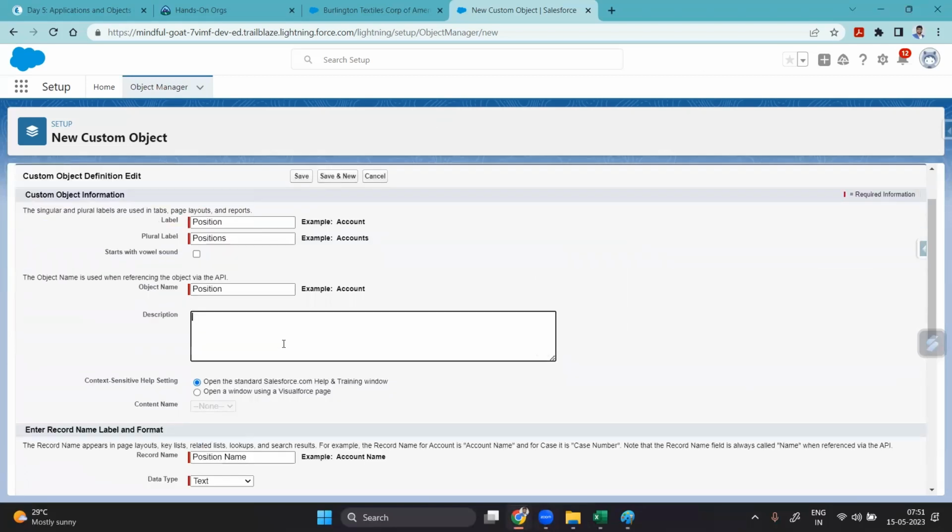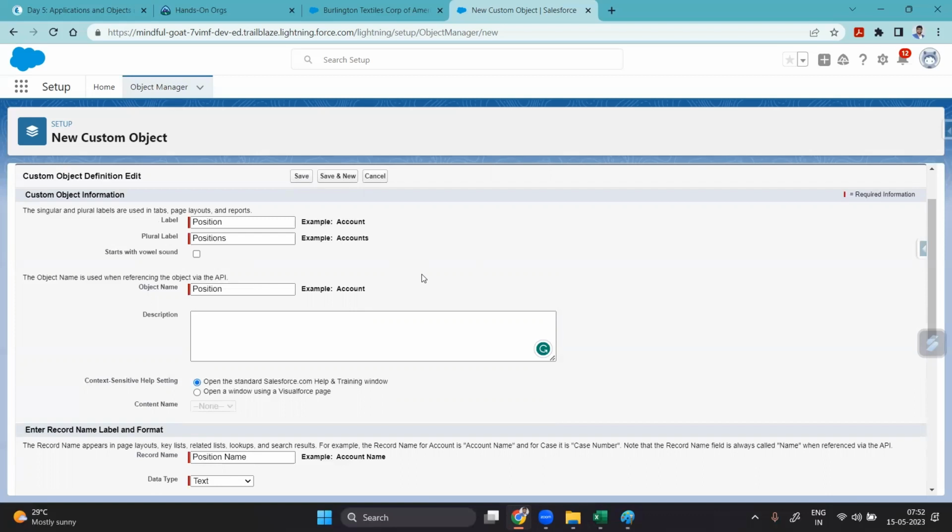And the next one is description. What is the purpose of this description? Say for example, you are creating an application, and within that application, you have created multiple objects and a lot of functionality, and the reason behind creating all of those things. And you have worked for 1 year for that company and you left that company, and a new guy has joined. If he has to look at the functionality, do you think he'll be able to understand each and everything that you have implemented? It will become